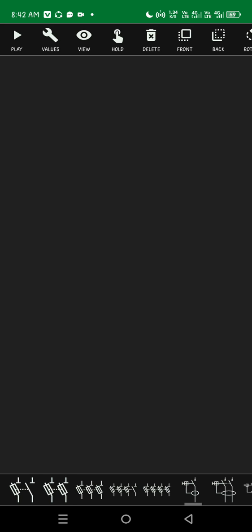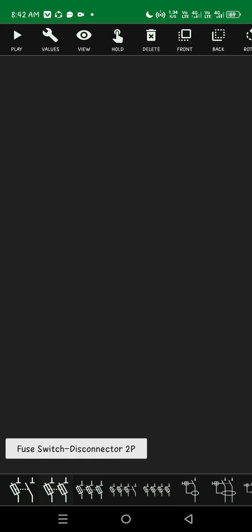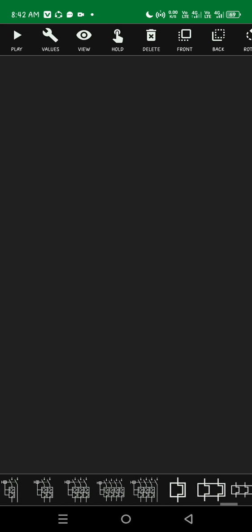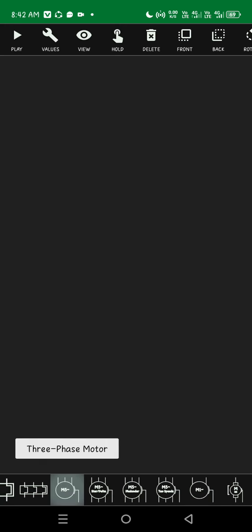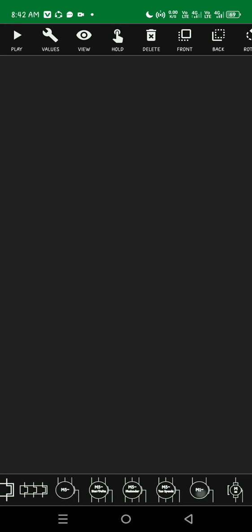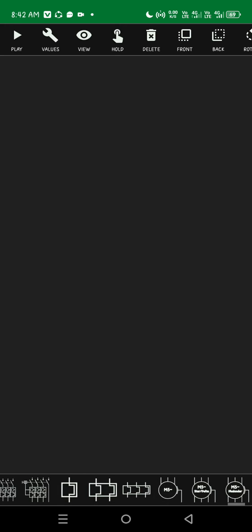We have here the fuse, and for the motor side we have the three-phase motor, single phase motor, and three-phase overload relay, single phase overload relay, 2 poles.